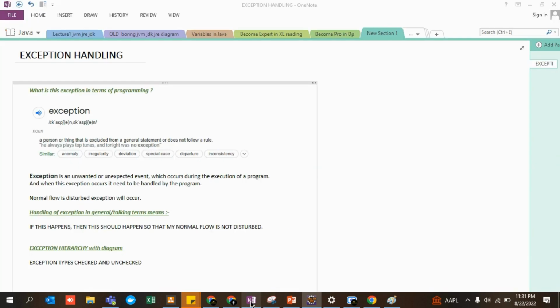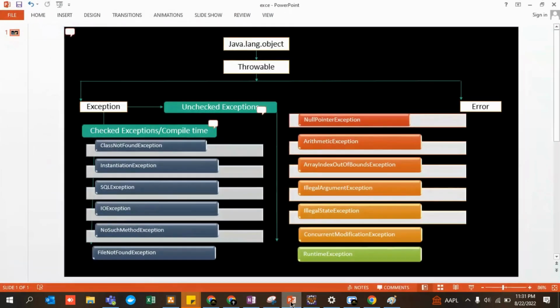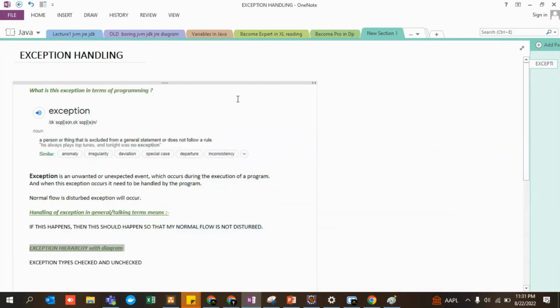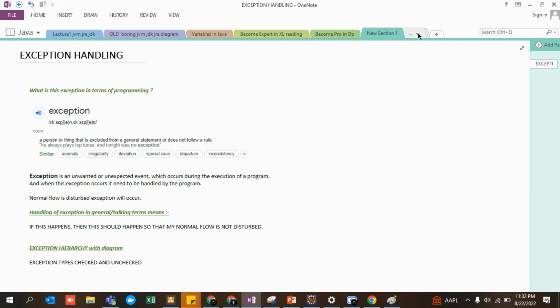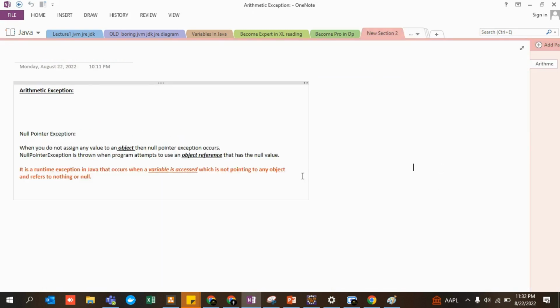Now we are going to understand another type of exception, which is known as null pointer exception. For null pointer exception, you need to understand what it is all about and why it normally occurs. Let's talk about null pointer exception.